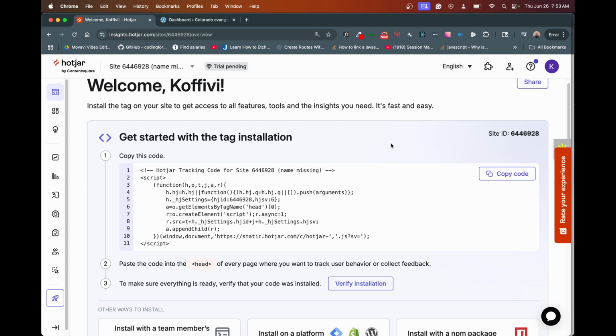So after you register and go through that process, it's going to give you a code, and this code is supposed to be in the head of your site. If you are familiar with coding, you have the head tag, you have the body tag, you have the footer. This code specifically, when you copy it, is going to go into the head tag. Now we're going to head over to our